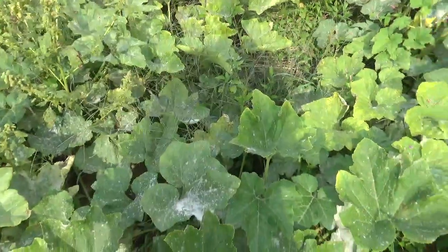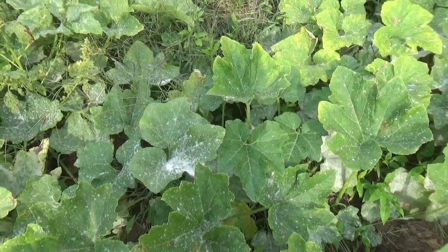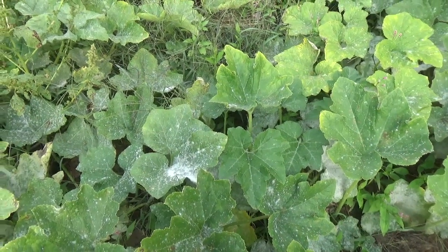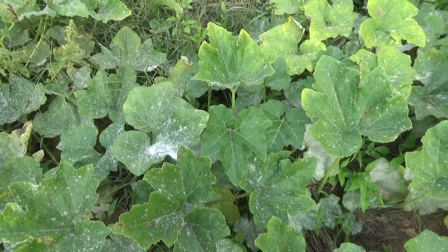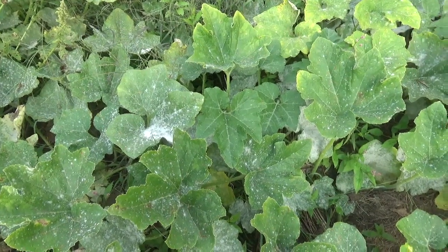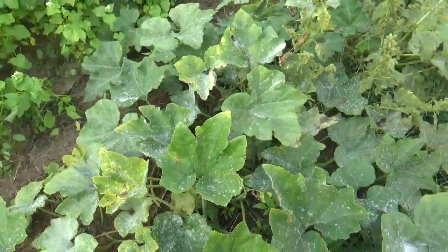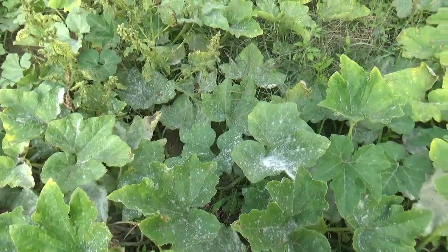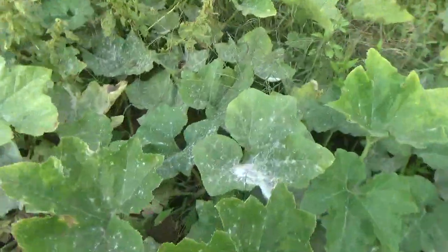It's beautiful. Looks like the powdery mildew is setting in here. I'm not sure if I didn't get the balanced foliar feed on here fast enough, or if I waited too long between foliars, or if we're just at that point in the season. But these plants are starting to crash a little bit, and so the powdery mildew is getting on. And if you know anything about powdery mildew, it spreads really fast when it gets going. So I'm not expecting these vines to continue a whole lot longer, but I'm not also too concerned about it